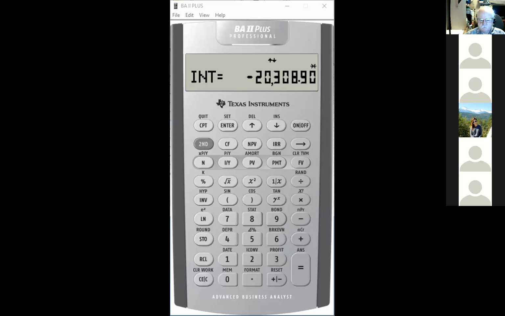So can you now see the calculator? Yes. Okay, let's clear this. And so this is not annuity due, right? Not annuity due. So we don't want BGN up there. And so we'd go second